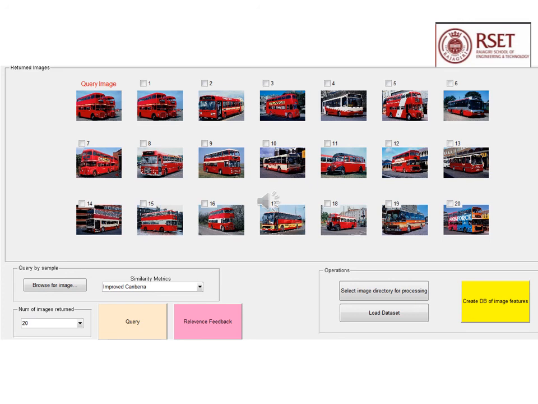You can see the first image is my query image, and the following images are the ones most similar to the query image. These are some of the images retrieved from the dataset. I hope the CBIVR system working is now clear.